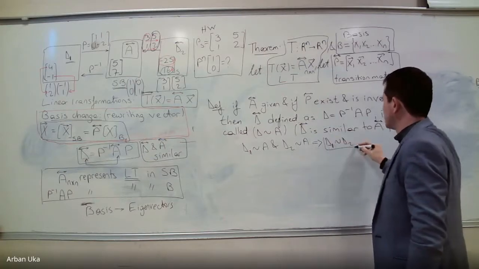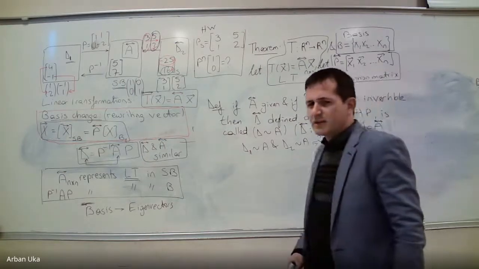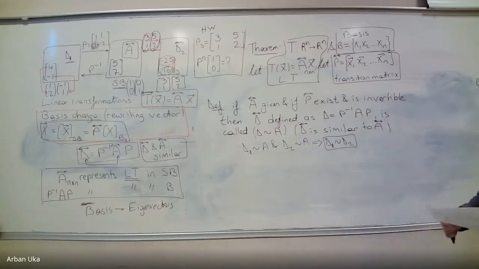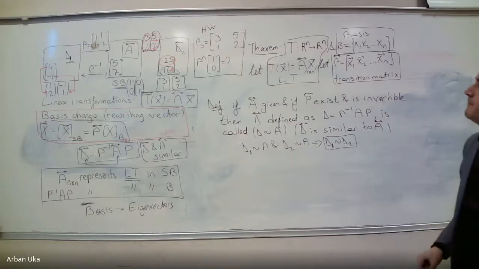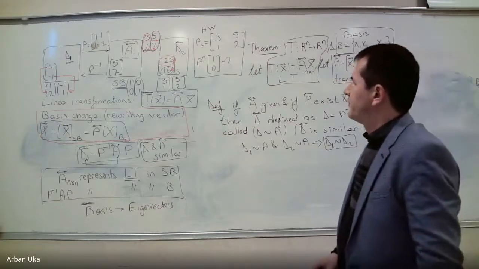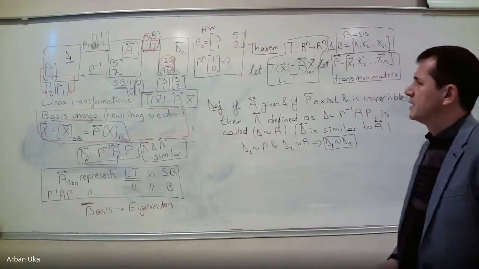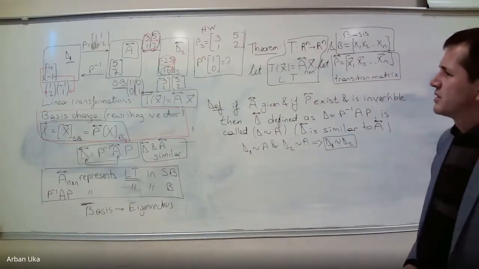Okay, so these are just nice properties of these matrices, as we are representing the same linear transformation from one basis to another. So this is the main idea or the main statements that we can provide